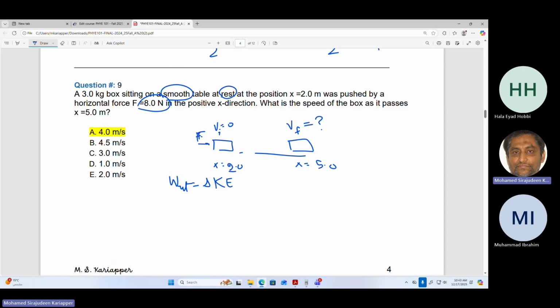So F is 8 multiplied by the horizontal component. It is pushed horizontally by a horizontal force, so theta equals 0. The angle it makes with the displacement is 0, so cosine 0 is 1. So simply multiply by the distance, which is 5 minus 3